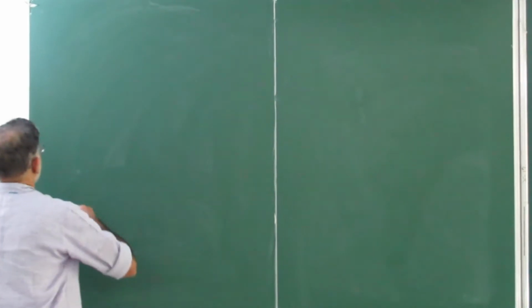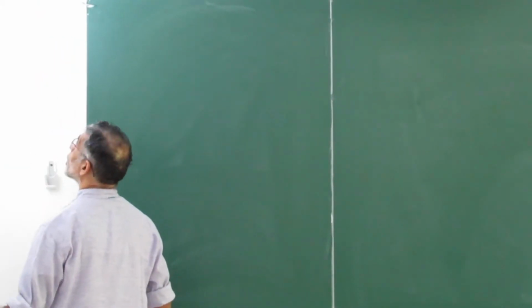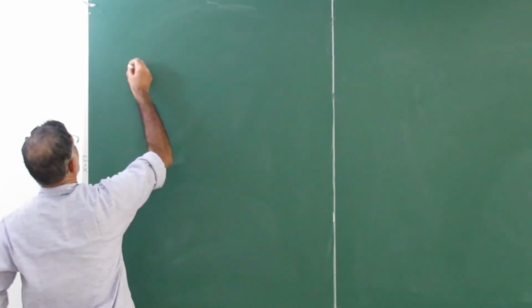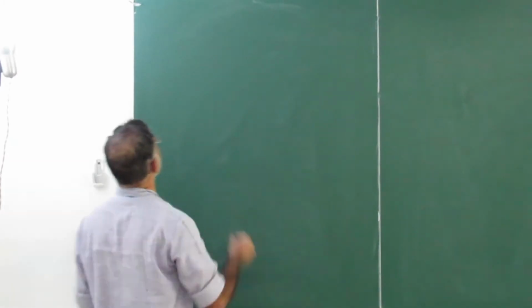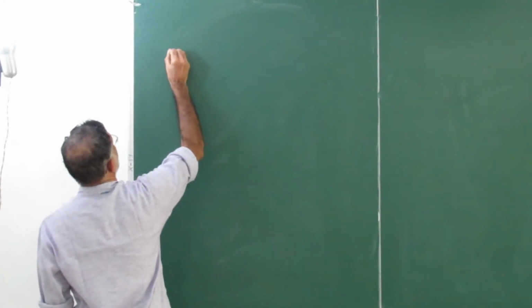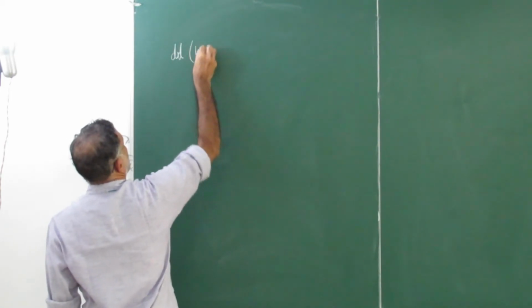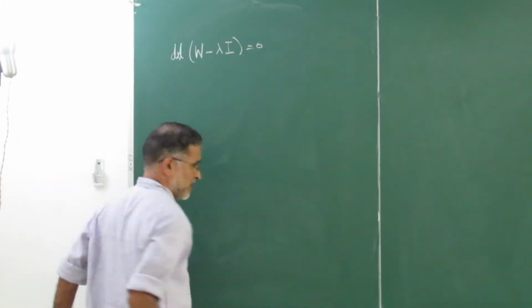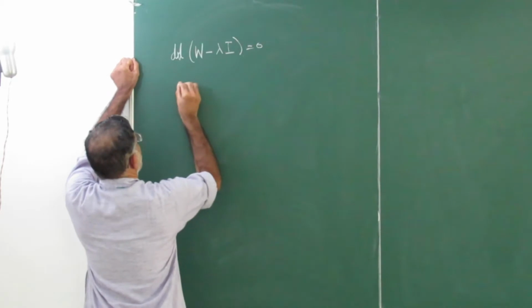Okay, so the main thing is to understand this eigenvalue problem of diagonalizing the Weingarten matrix. That means what we are looking at is this problem: when will this happen? Minus lambda I, when will this be 0? That's all. The question is very simple. But what is this actually? Let's just look at this.